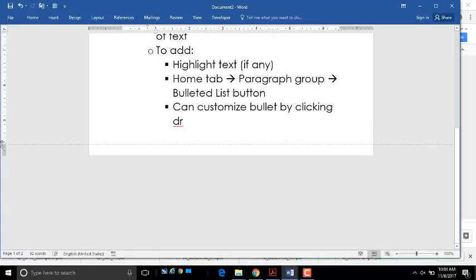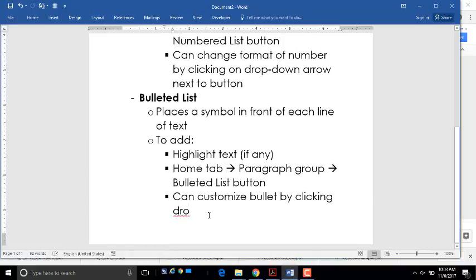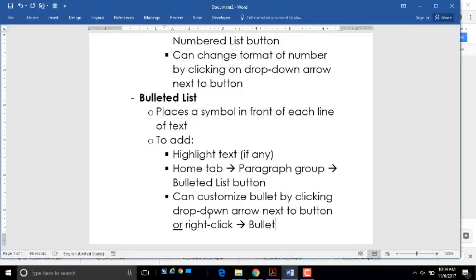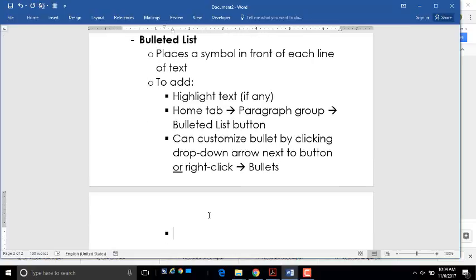Okay, you can customize the bullet by clicking on the drop down arrow next to the button, or you can right click on the screen and choose the bullets command. If you don't do anything to customize it, you're going to get little black dots, and then you'll notice, like on my screen, I have some white circles and some little black squares. As I indent, it keeps giving me additional bullets. When we do go to customize this, you're going to choose the command, define new bullet,